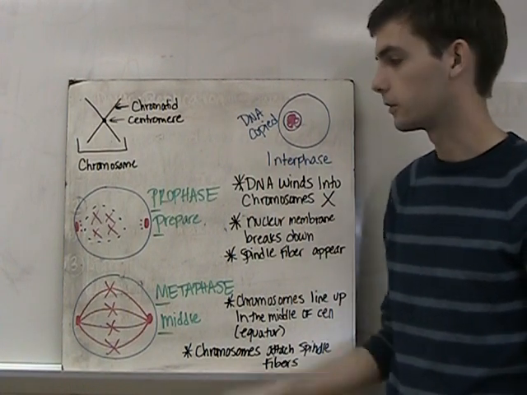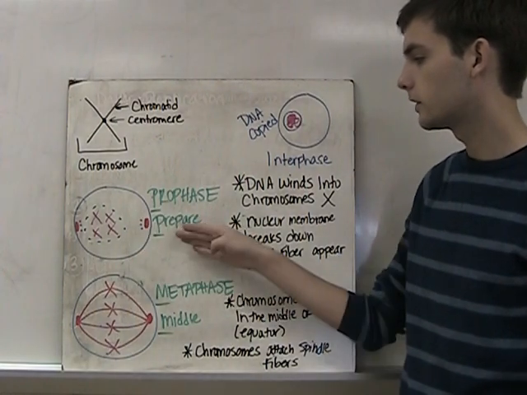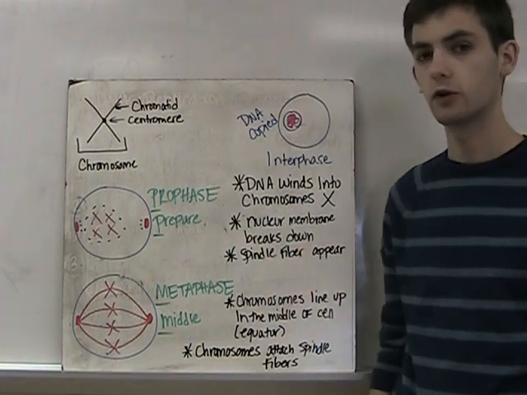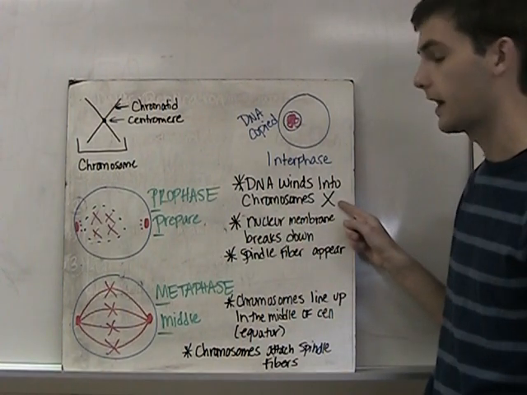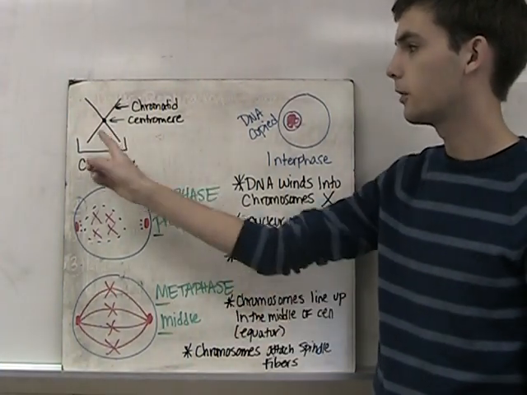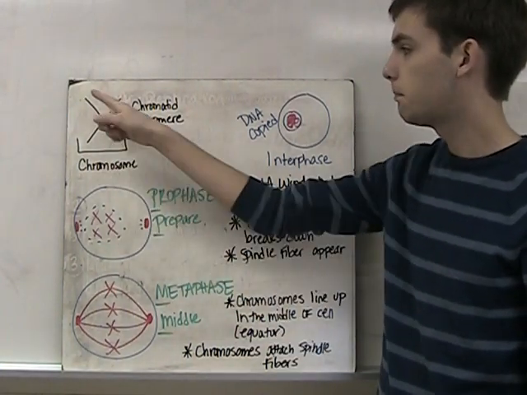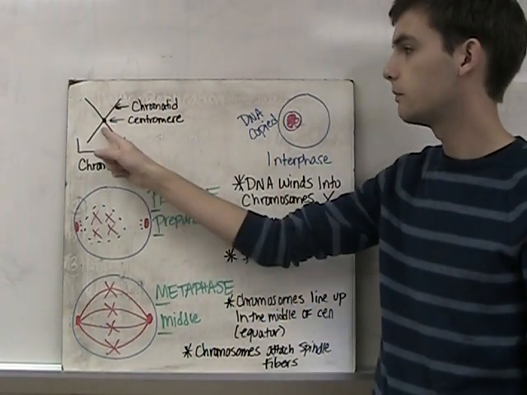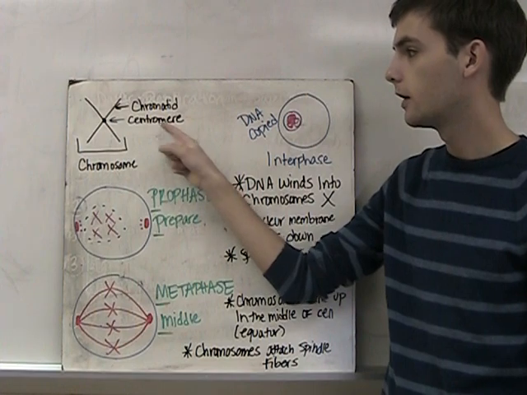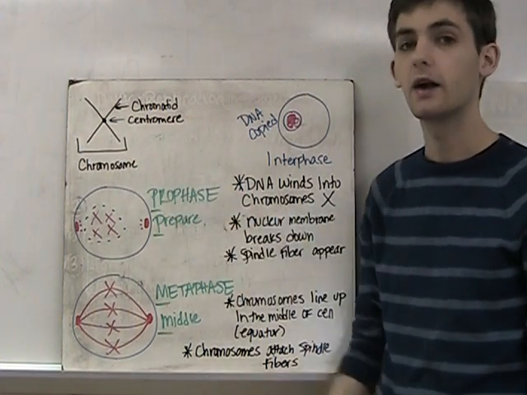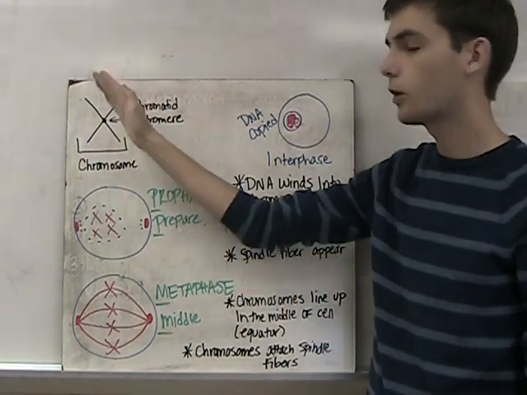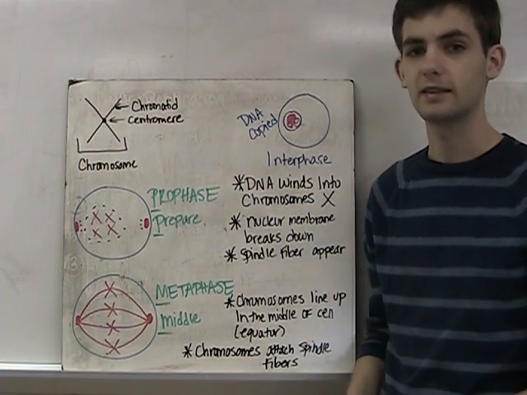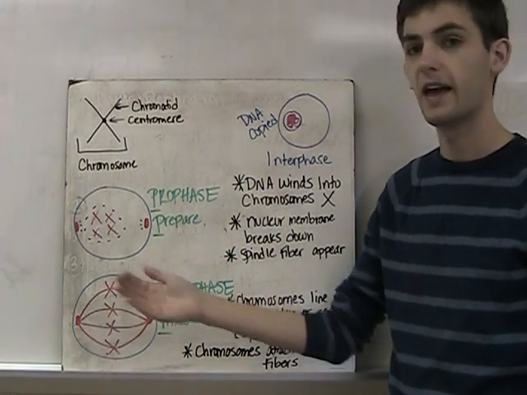The first step of mitosis is prophase. This is when the cell prepares to divide. DNA winds into chromosomes, which basically look like an X. Now, a chromosome is composed of multiple parts. Each part of the X is what we call a chromatid, and they're joined together in the middle by what we call a centromere. Both chromatids together make up the chromosome. Each chromatid is completely identical, so they each contain exactly the same information, which came from the S phase of